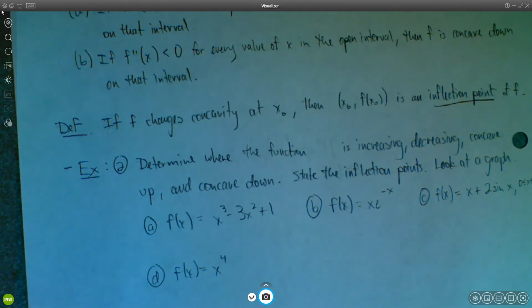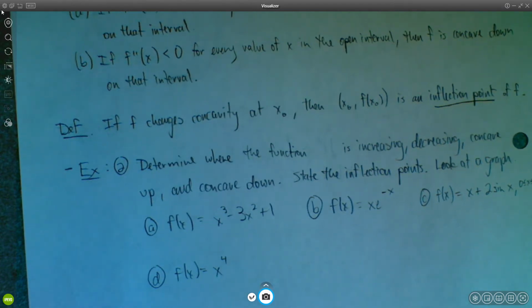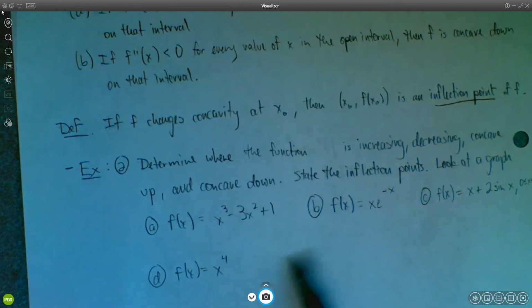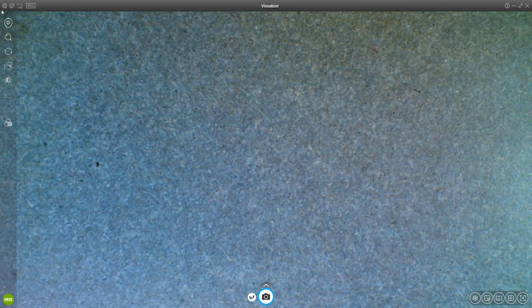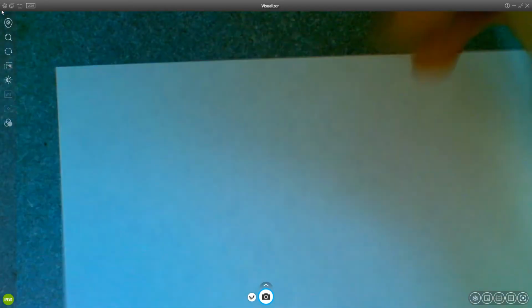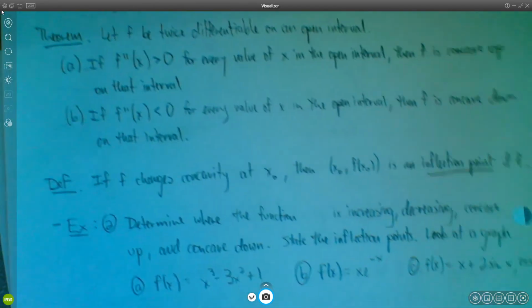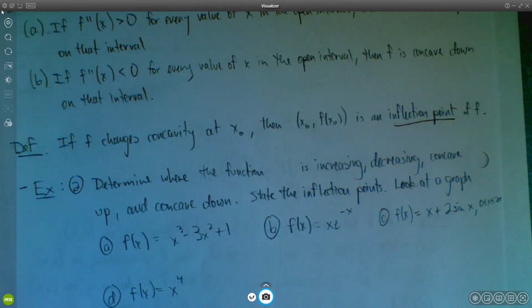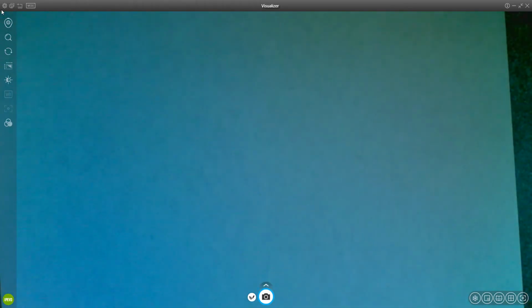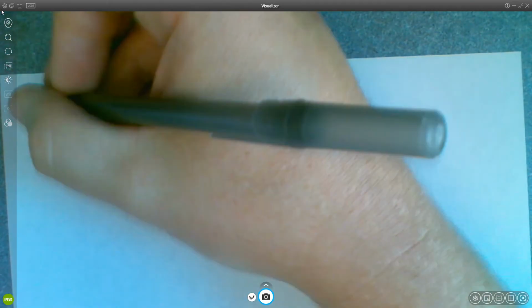Okay, so I want to run you through several examples. We'll determine where the function's increasing and decreasing, where it's concave up and concave down, and then we'll state what the inflection points are, if any. And we can verify our work by looking at a graph in Desmos. Okay, so let's go through these. I don't know if I want to rewrite all of those directions. You can pause the video and rewrite the directions, right? Determine where the function is increasing, decreasing, concave up and concave down, state the inflection points, and then we'll look at a graph, okay? So I'm not going to rewrite all of those,